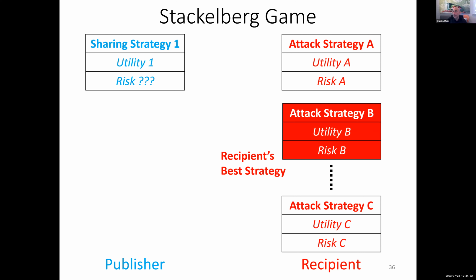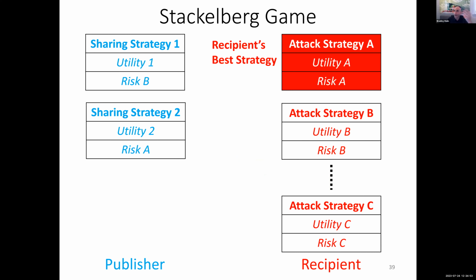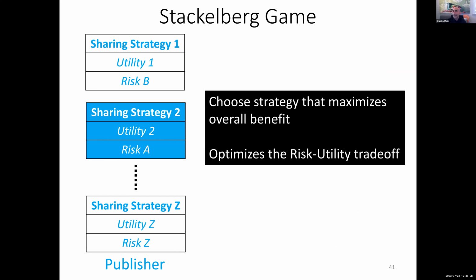And then you can say, so what's the one that maximizes the overall utility or the overall benefit to that recipient? And it's that one that you say, okay, that's the risk that is going to be associated with my first strategy. All right. So you can then do this as the defender or the publisher for every strategy that you've considered. And each time you do it, you may find that the attacker may have a different local optima or different optima for their solution, right? But all the while, you're going to keep filling in your utility risk profile, right? And you can do this for all of your potential strategies for sharing. And then at the end of the day, you can choose your strategy that maximizes the overall risk utility benefit.